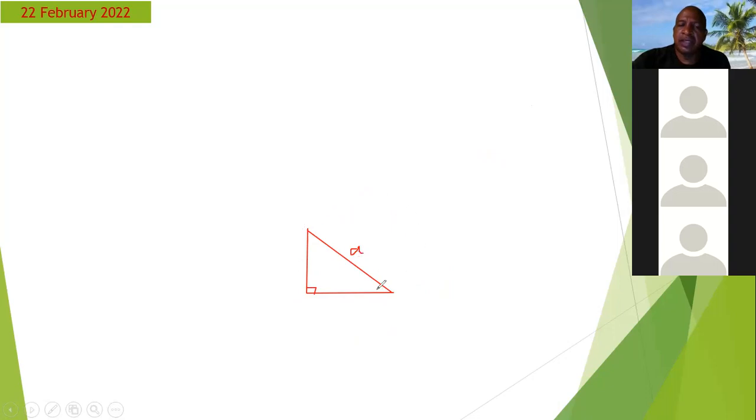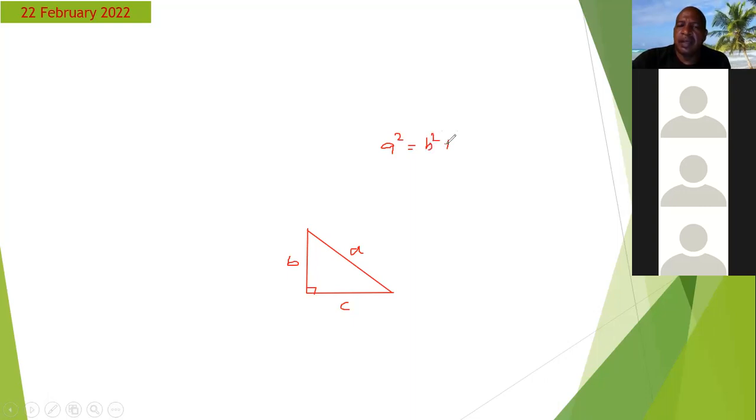So without constructing the squares, this formula will still hold true. So no matter what size the right angle triangle is, it always obeys Pythagoras theorem. So A squared is equal to B squared